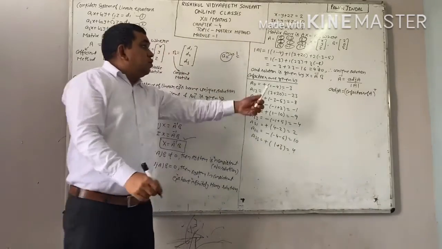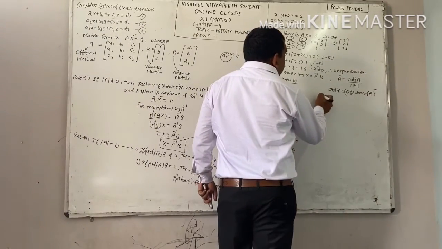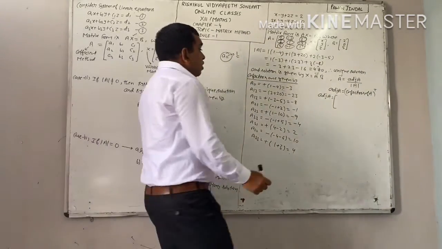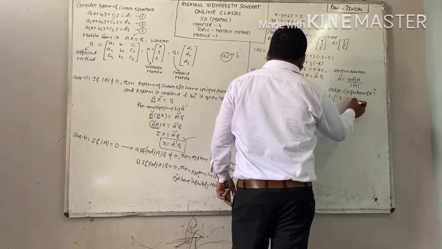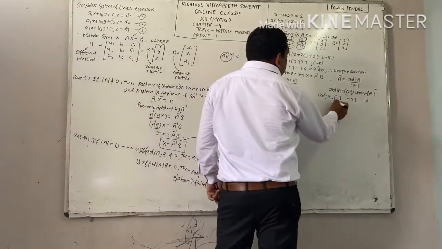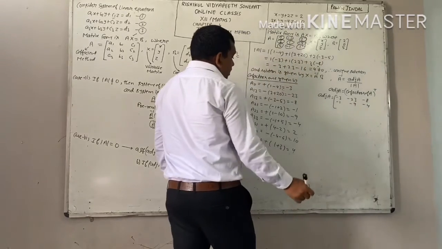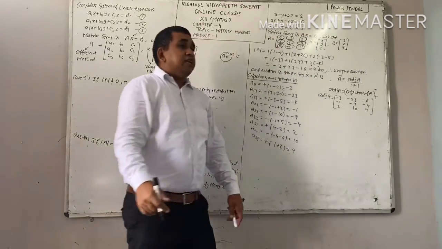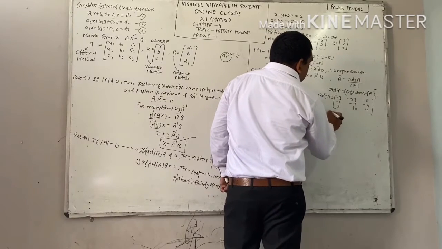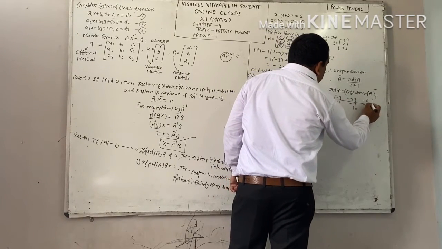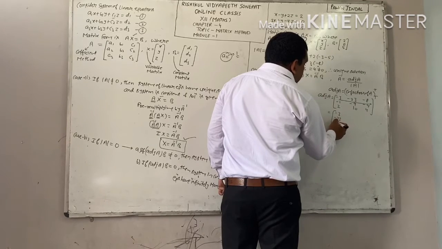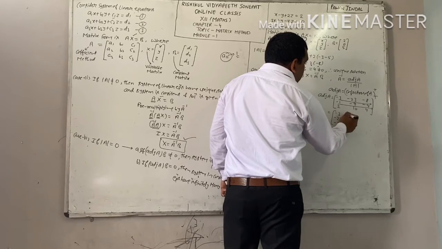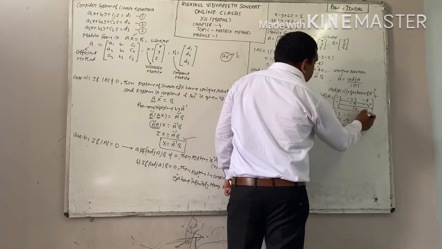These are your cofactors. Now you can easily find out adjoint of A. Adjoint of A equal to cofactors of A transpose. First of all, you write down the cofactors. Cofactors are minus 3, minus 23, minus 8, minus 1, minus 9, minus 4, 2, 10, 4 and its transpose. Transpose you know very well. In transpose we have to interchange rows and columns. This is your first row, write it in first column: minus 3, minus 23, minus 8. This is your second row, write it in second column: minus 1, minus 9, minus 4. This is your third row, write down in third column.